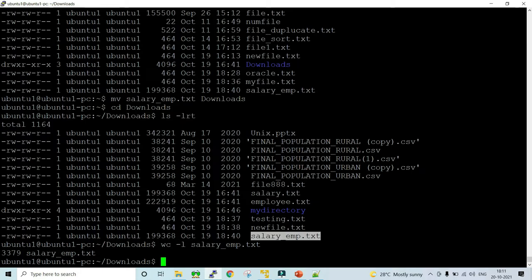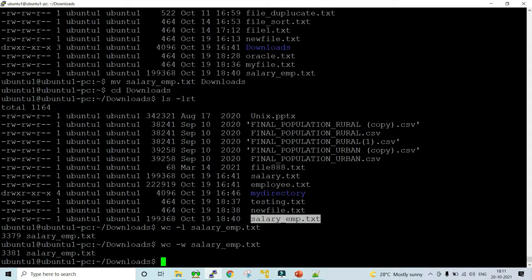In this particular file, there are 3379 lines. Now if I want to see the number of words used in the file, I can simply type wc -w and the name of the file. Then you can see the number of words used inside the file.